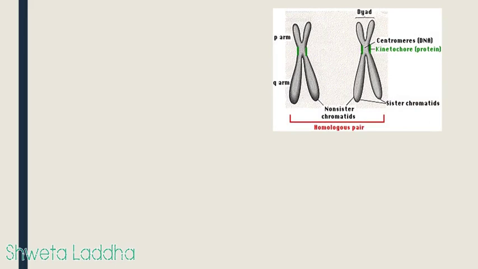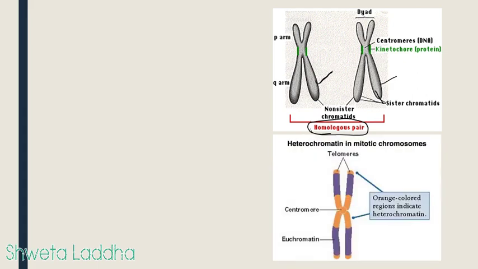Now look at this picture. In this picture you can see a pair of chromosomes which are similar in structure, function, and genetics. The genes are present for similar traits, so they are a homologous pair of chromosomes. If I consider only one chromosome, you can see there are two sister chromatids, with kinetochores at the centromere. And now if I consider this arm of one chromosome and the other chromosome in a pair, then they are called non-sister chromatids.